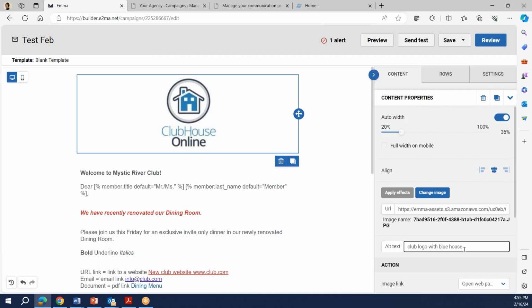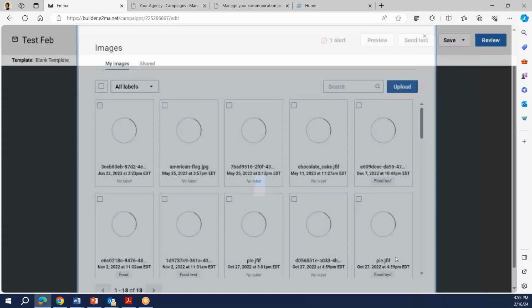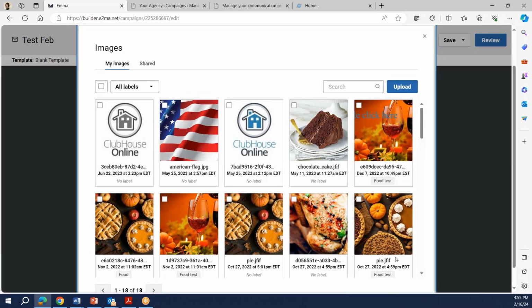If you want, you can create an image link. Similar to what we saw on the button, with open web page, you can type in your website address in the URL field. You can send to email. But this time, if you want to link the file, it's only going to link to an image. So if you wanted a bigger version of the image or something that is in a picture, then we can link it. But if you really wanted to link back to that dining menu, here's how you grab the PDF